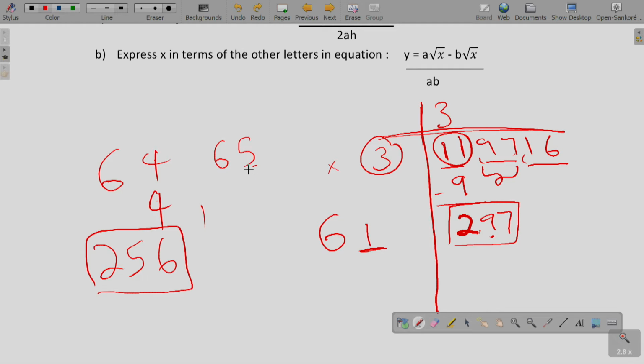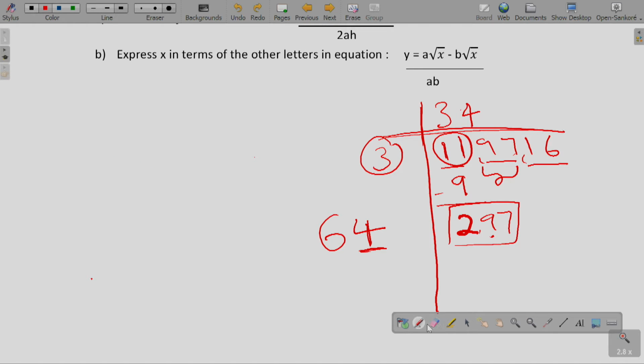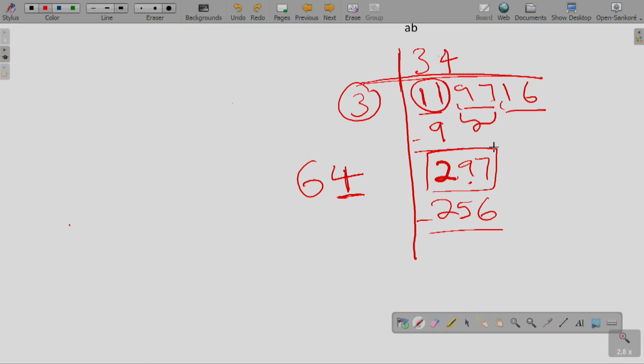And if we put 5 here, I get 25, and here I get 32. This is bigger than 297, so we take the first one. So here we place 4, and here we place 4. So 4 times 4 is 16, 4 times 6 is 24, and that's 125. If we subtract, we get 1, here we get 4. And now